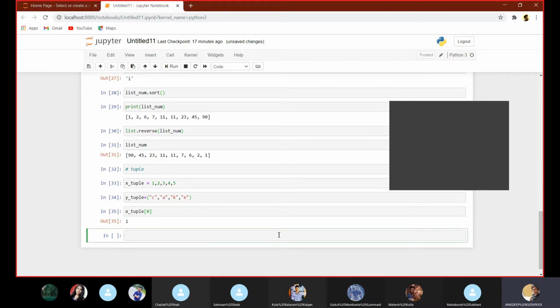Because of that reason, it is not allowed to do manipulations like adding or deleting numbers.